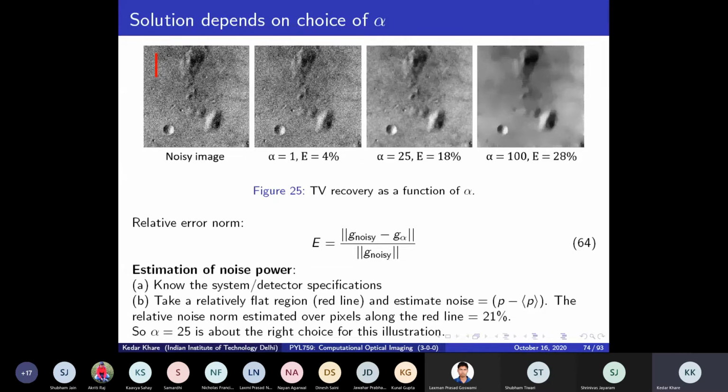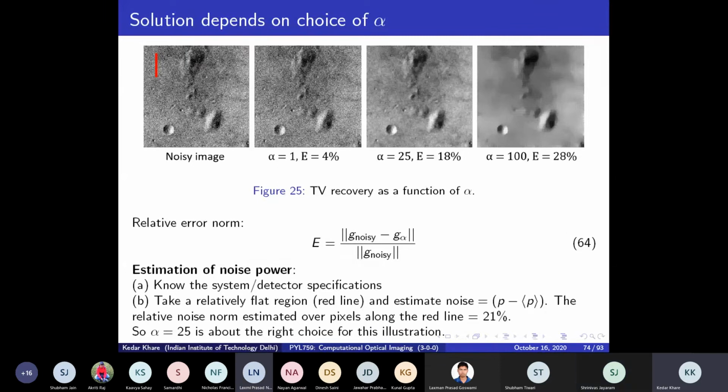But certainly, if you show the noisy image versus the alpha equal to 25 image, then in most cases the user might say, I like this image more for the purpose of whatever application is there downstream. The point is subjective, but other than that, we can come up with some search algorithm, like binary search, for finding the appropriate alpha. Now that I have explained how I select alpha based on the noise in the system, I can make an algorithm which selects an alpha.